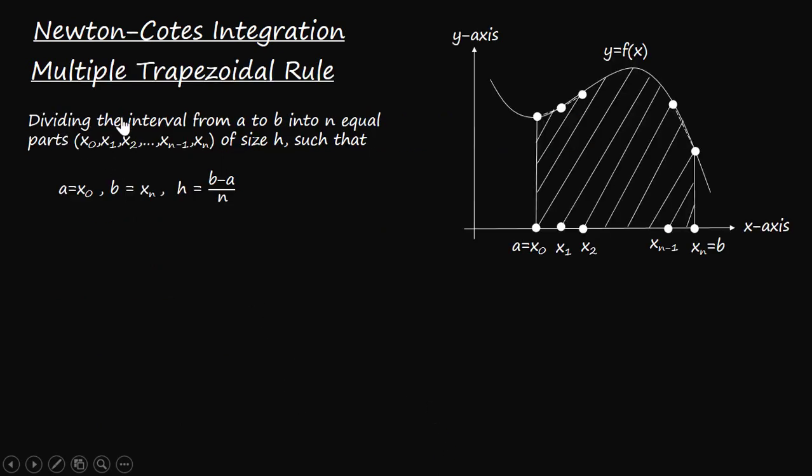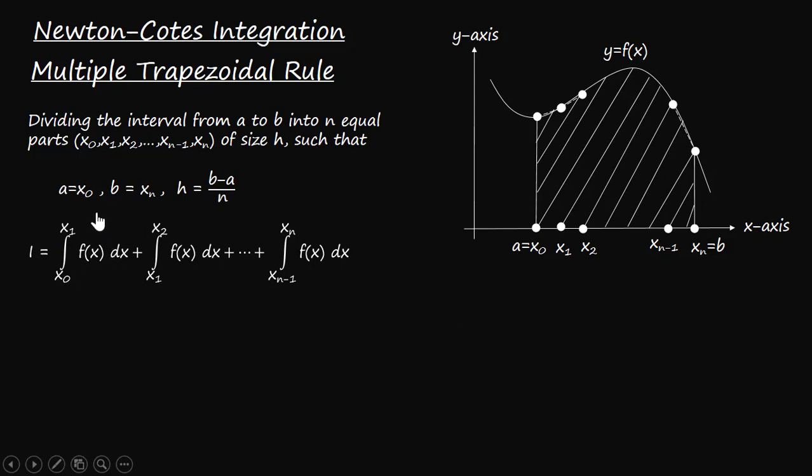Okay, we will divide the given interval a to b into n equal parts of size h. Let's mark them as x0, x1, x2 up to xn, and also consider that the first point x0 equals a and the last point xn equals b. Then the value of h can be obtained by the formula (b minus a) divided by n. Then we will integrate the function in each interval, from x0 to x1, from x1 to x2, up to xn minus 1 to xn. So we will write the integrals in summation form.